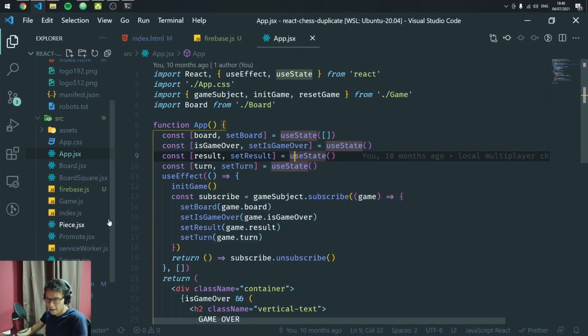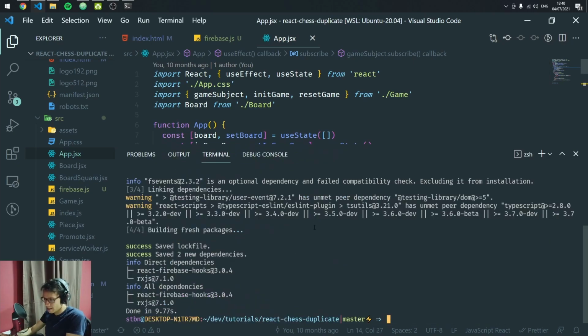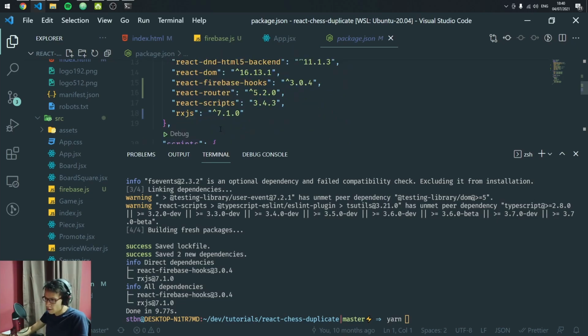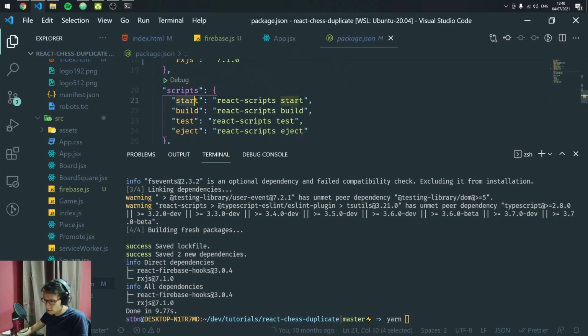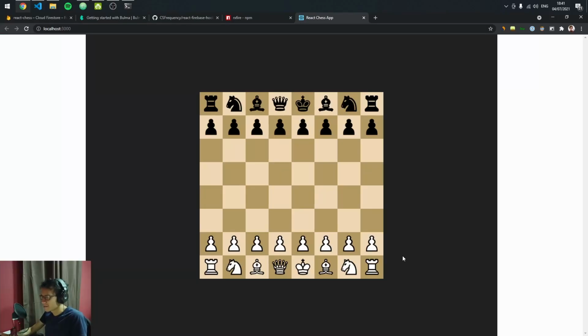Alright, also I'm going to start the development server for this application. Remember to check in your package.json. You have the command that you can use to start a development server. In this case it is start, and depending on if you have npm or yarn, you can just run that script. So I'm just going to run it. Okay, so here we have the application. Right now it only works